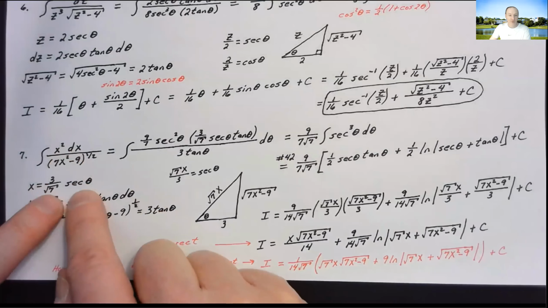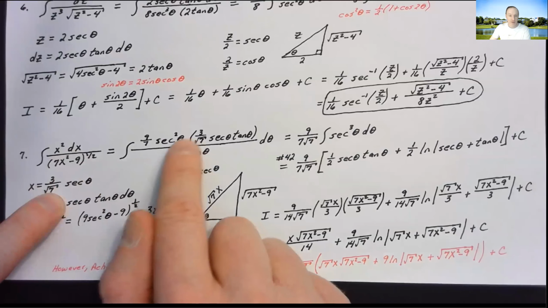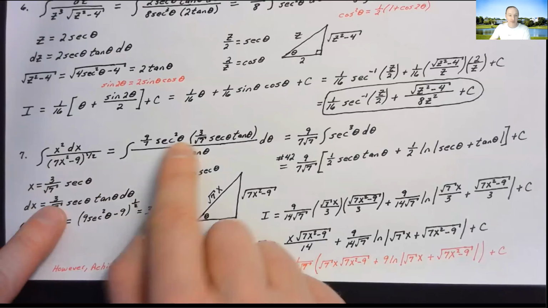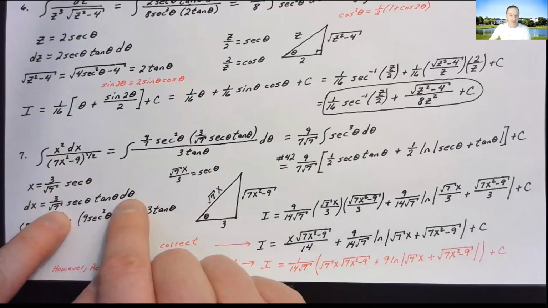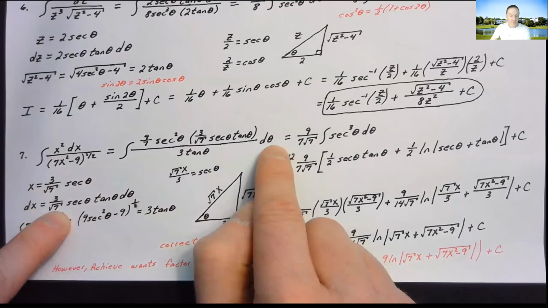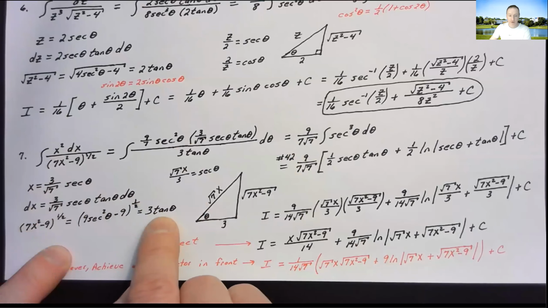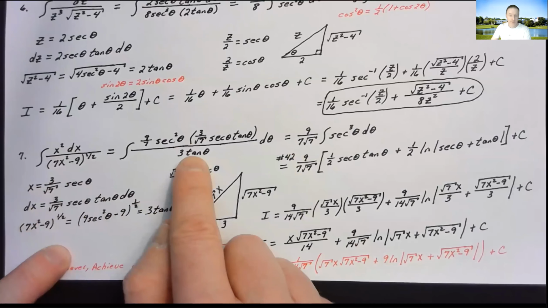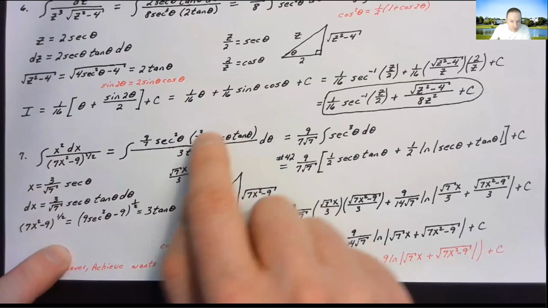We have the x squared. Well, that's this group right here, 9 over 7 secant squared theta. dx is this right here, 3 over the root of 7 secant theta tangent theta, the d theta I put at the very end. All divided by that group to the 1/2 power, which I've shown is just equivalent to 3 tangent theta. All right, so now this 3 can cancel out the 3 in the numerator,